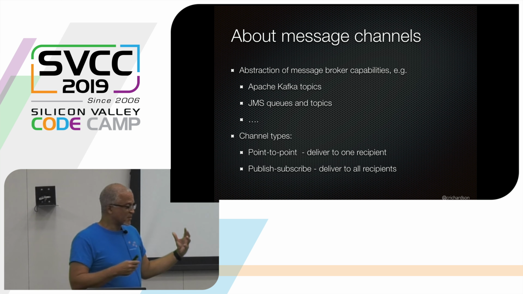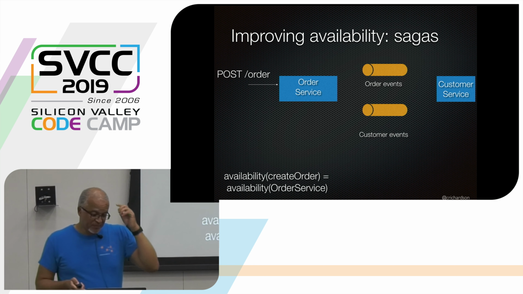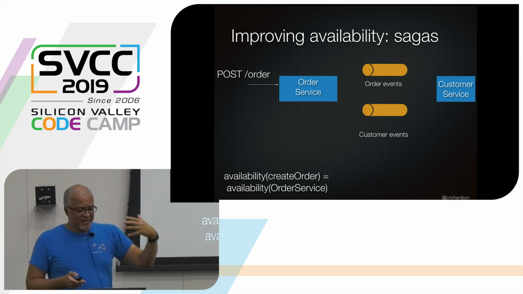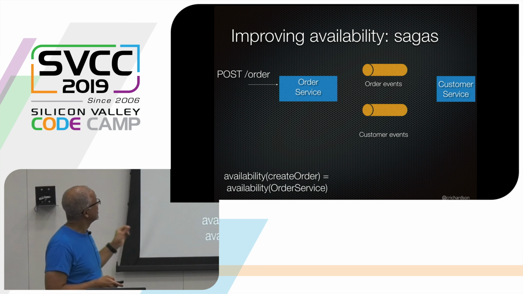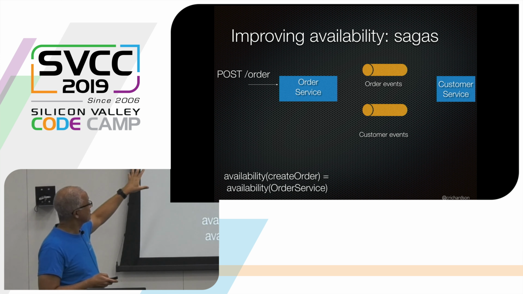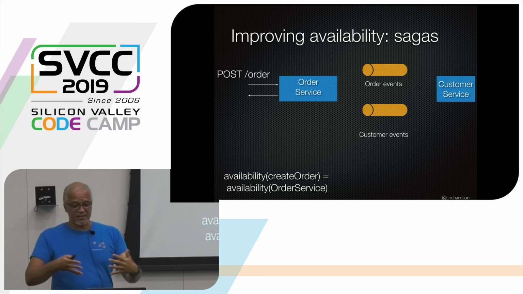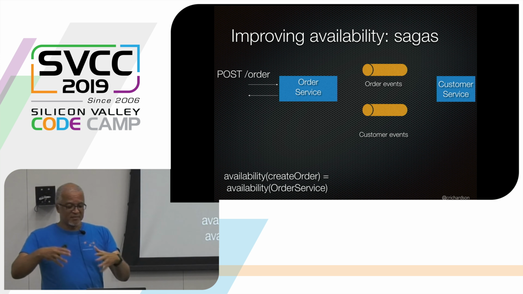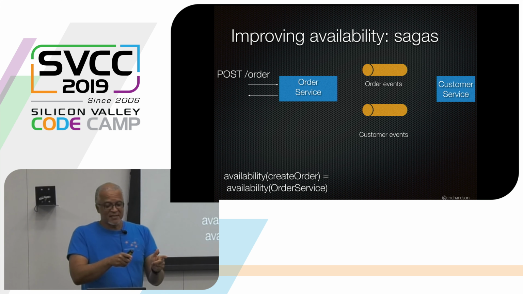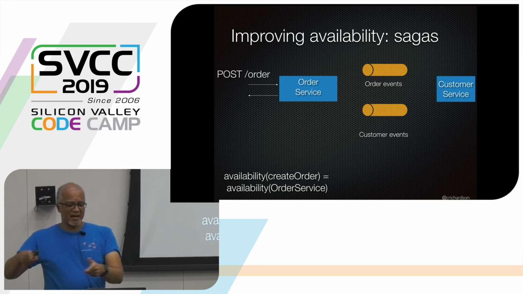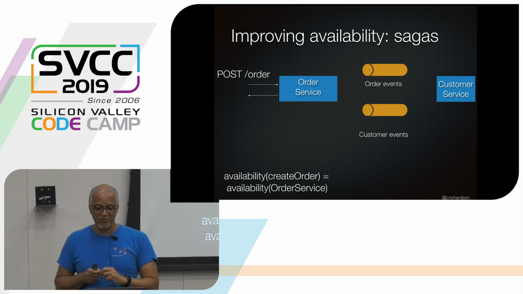So that ends up being a good mechanism to use in a microservice architecture. And there's a couple of different ways that you could use it to implement the create order operation. One of them is where the POST actually returns immediately. In other words, the order service creates an order, generates an order ID, and then returns it to the client, but says, essentially, I've received the order and I'm in the process of creating it. Please check back later to see what the status of that order is.